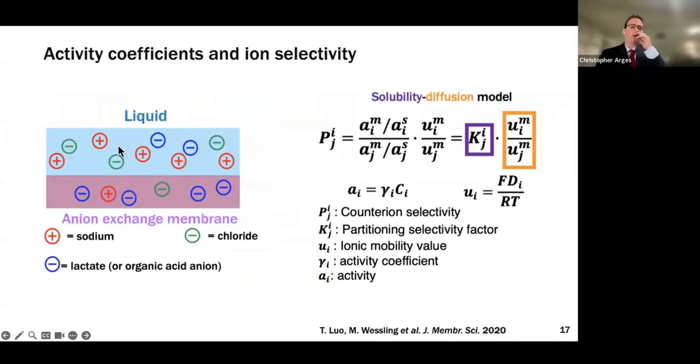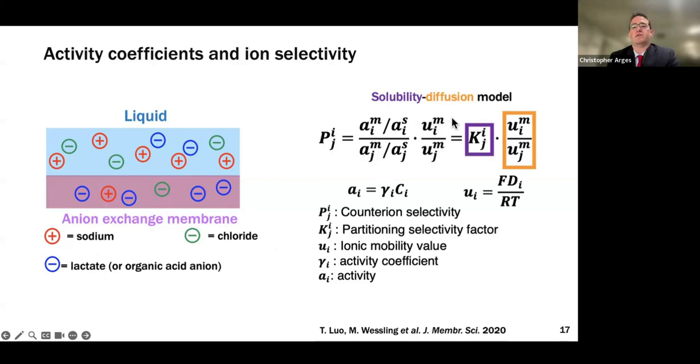And if we had a liquid mixture, so we've got sodium in here, we've got chloride, we've got lactate anions, and we talked about processing biomass, like how do we take organic acid anions, lactate, which you can polymerize to polylactide, a renewable plastic. How do we get this membrane to take the lactate versus, say, the chloride? And so what you're really interested in is this counter-ion selectivity term. It's almost like a permeability parameter where we want to take ion I over ion J.